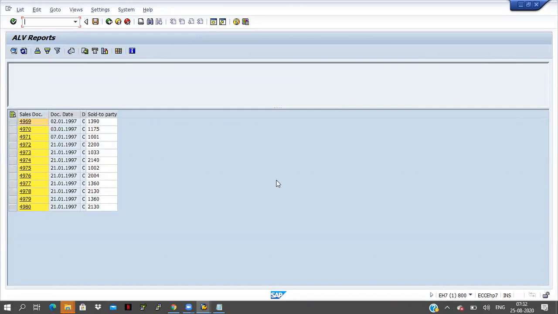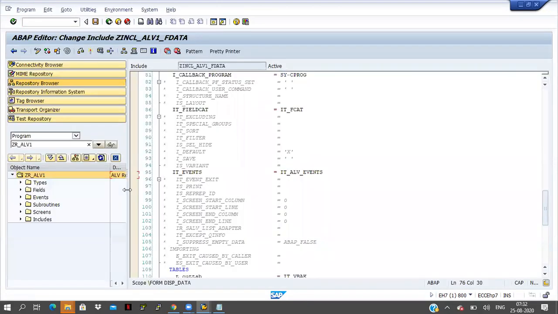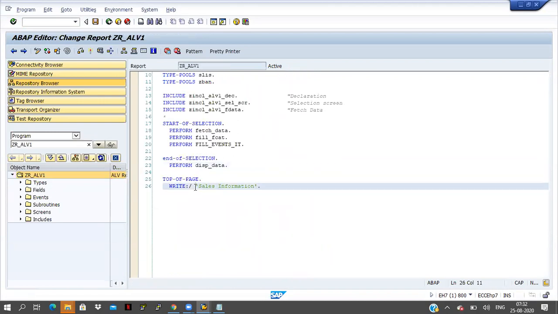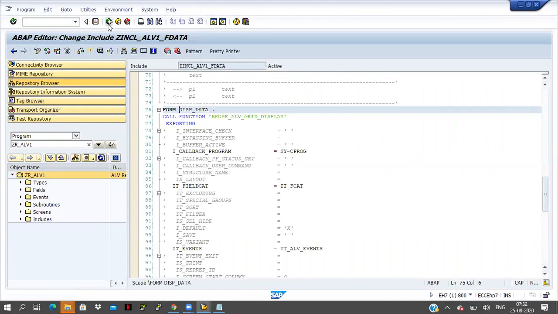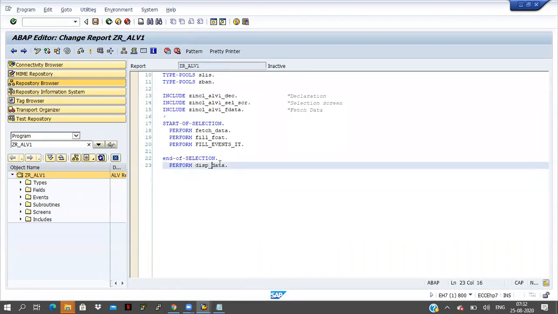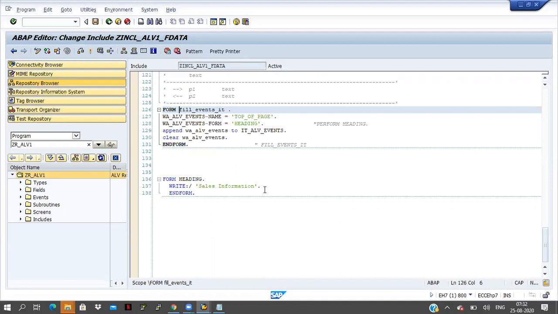If you write like this, it won't display. So a write statement is there, we are using a write statement. Here I have taken the form name and here I am writing the write statement.